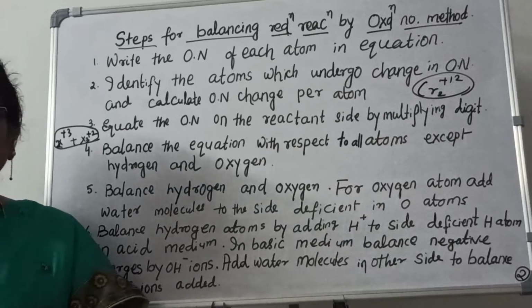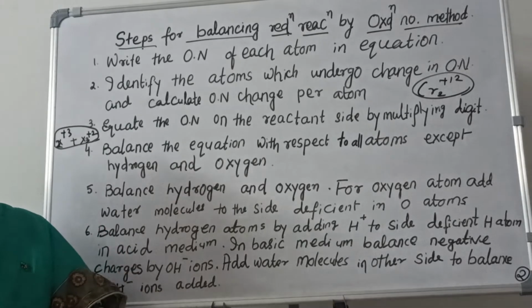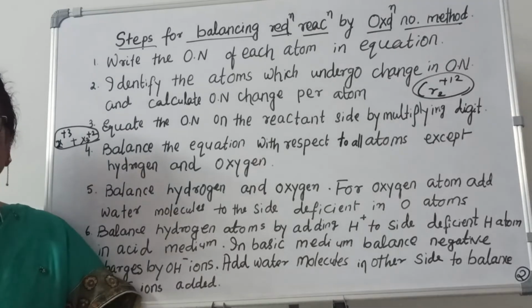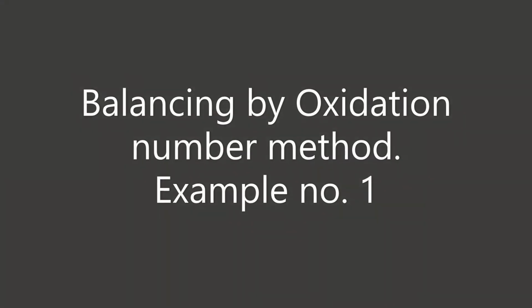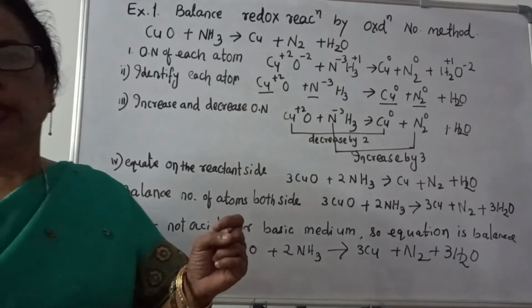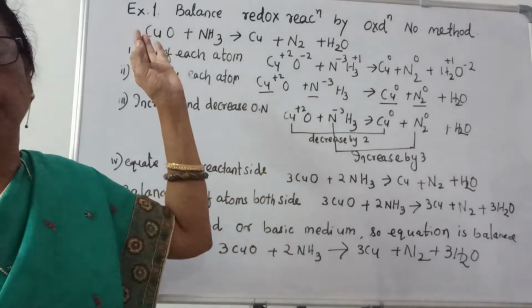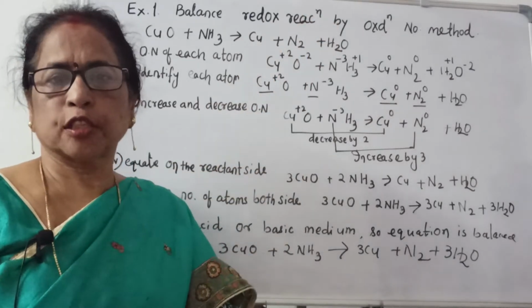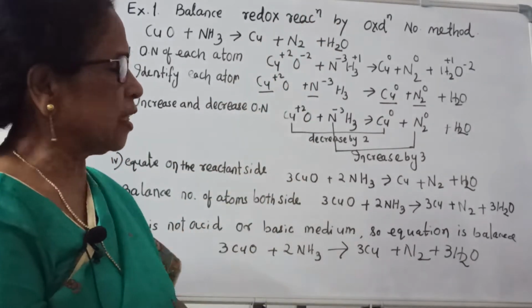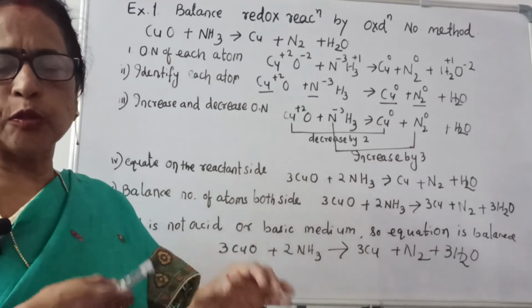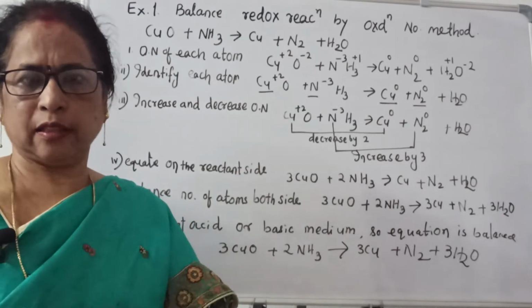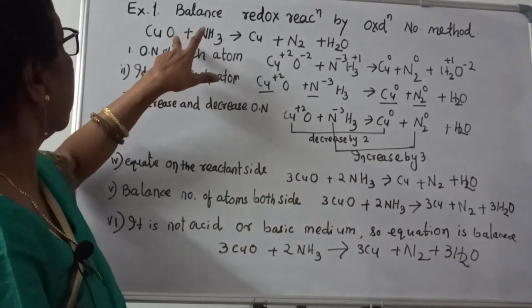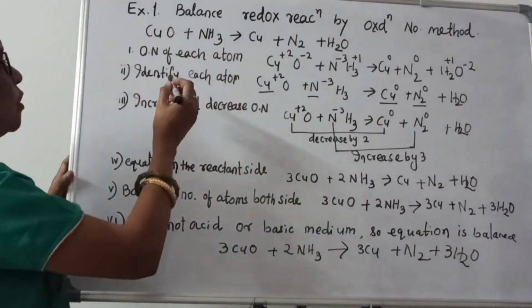After that we will see examples of redox reactions and how to balance them by the oxidation number method. Here is the first example for balancing a redox reaction by the oxidation number method. This is a very simple example. Gradually I will increase from simple to complex examples. Now see here, this one very simple reaction,